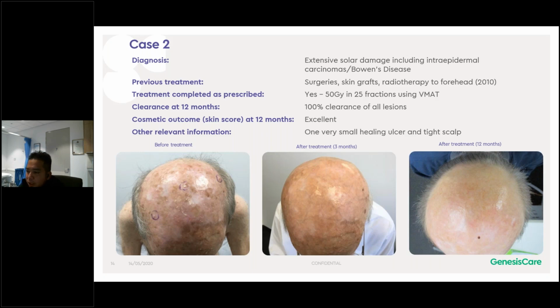You can probably see that. I think that's about there. And also, a sort of tight feeling from the scar tissue of the scalp, but obviously cosmetically and also for the oncological outcomes, being the extensive SCC in situ, you can see the good response from a radiation dose using VMAT